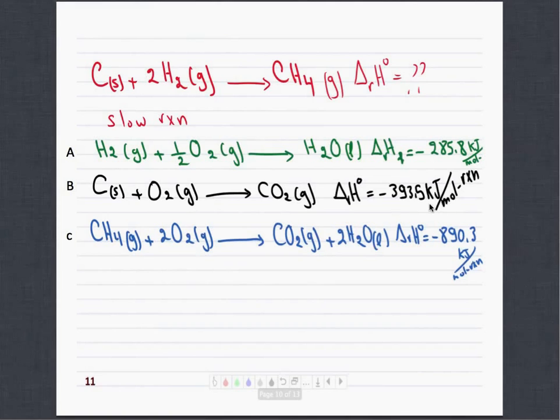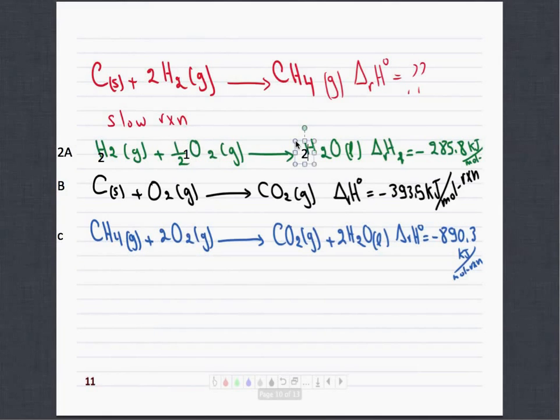Now then I go to the next reactant, which is H2. I want two H2 and I want them in the reactant side. So I look to the three reactions that I have. The one in green, which is reaction A, is the only reaction that has H2 and it is in the reactant side. Yet it has one H2 and I want two H2. So what I'm gonna do, I'm gonna multiply reaction A by 2. Does everybody understand why I'm multiplying by 2? Okay, so multiply